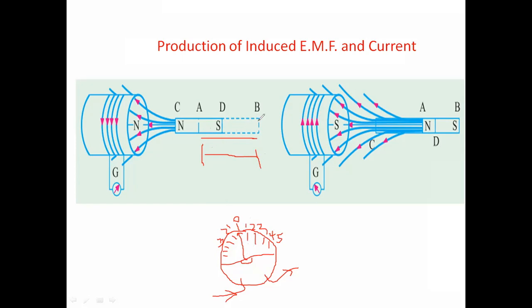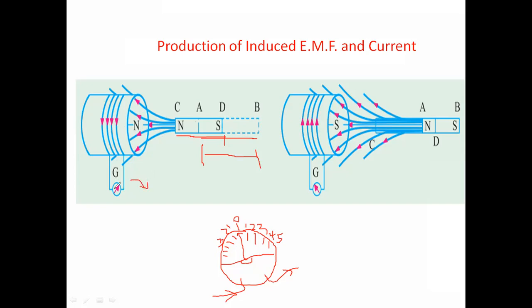Now move the magnet from B to D. Due to the sudden change of the magnet from B to D, the magnet will move towards this particular coil. Due to that, the flux will be cut by this coil, and the EMF, or the current, will be generated in the coil. The galvanometer shows the value, so the pointer turns to the right side.